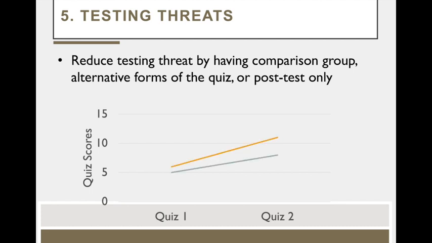So I might have in orange, I'm going to have my flipped classroom. In gray, I'm going to have my traditional classroom. And in this case, you can see that it looks like the flipped classroom got a little bit better than the traditional classroom. So that allows you to identify what part of it is a sort of a testing effect, where they're just getting better over time, and what part of it is because of an improvement in how the